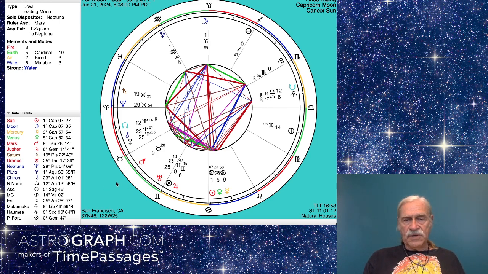Now, another thing we can look at here is the fact that Mars at 9 degrees of Taurus and Mercury at 9 degrees of Cancer, so a sextile, and we have almost 9 degrees of Libra, which is Makemake. So both of these new nature planets, I call them, Haumea and Makemake, named after the creation god and goddess of Polynesian peoples, having to do with nature, having to do with also natural law. And in the case of Makemake, with a certain amount of activism. So we might see, well, we are seeing activism on the college campuses, are we not? So that is something that's likely to continue.